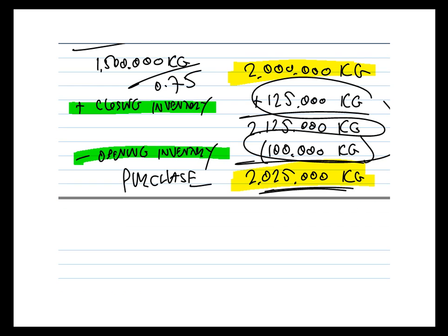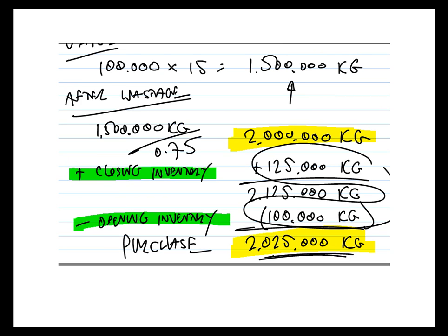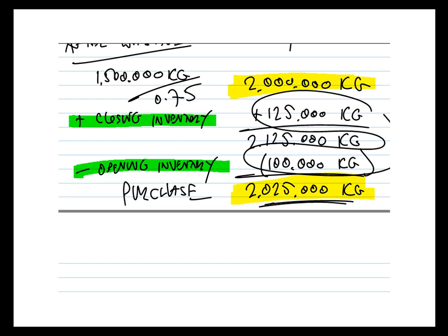So in answer to my task here, I think I'm going to need to purchase 2,025,000 kilograms of materials. That will allow me to increase the level of inventory in my storeroom and then still have enough material that after wastage I can produce my 100,000 units. And if I wanted to convert that purchase figure from kilograms to pounds, all I'd need to do is multiply by the price per kilogram. So if my supplier was charging me £10 per kilogram, my total budgeted cost of material, well, 2,025,000 kilograms times £10 per kilogram would be